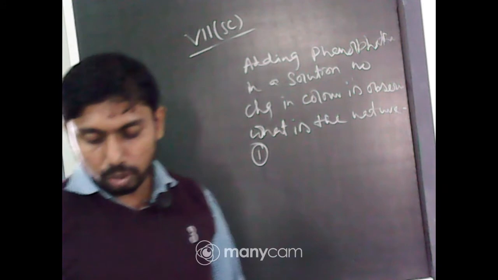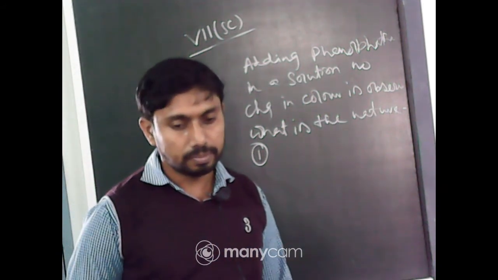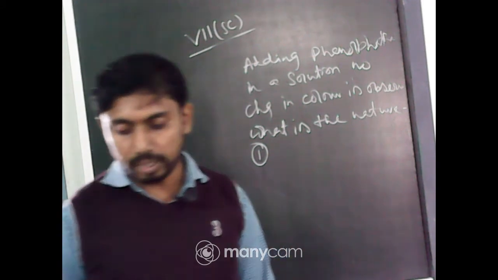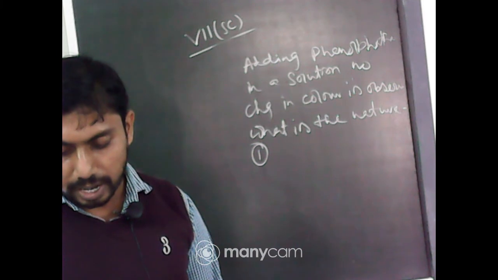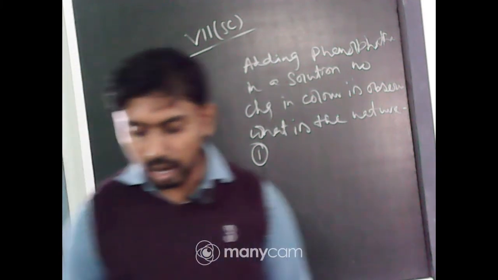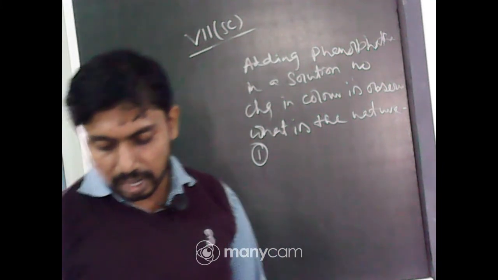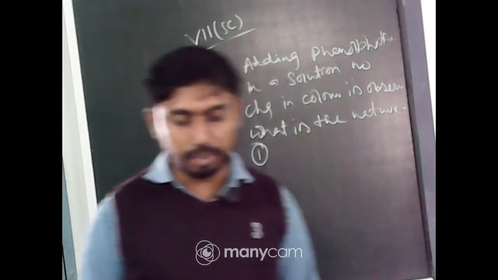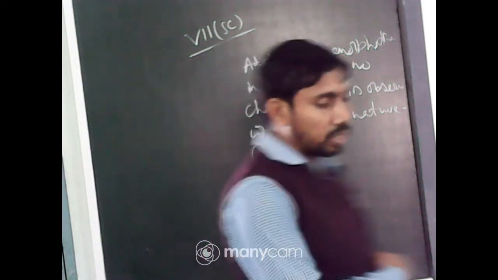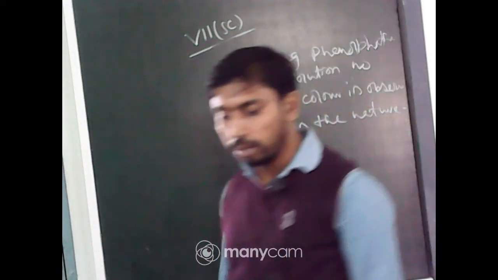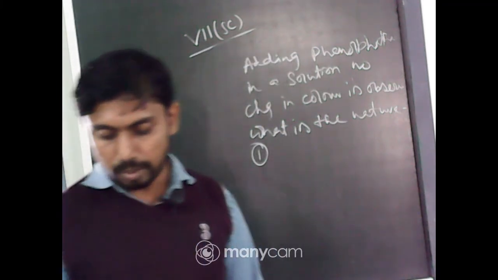Which of the following sets of substances contains acid? Okay, now option A is grapes and lime water, B vinegar and soap, C curd and milk of magnesia, option D is curd and vinegar. Curd and vinegar, yes. Curd contains lactic acid, vinegar contains acetic acid, and out of these four options only this is the correct option.